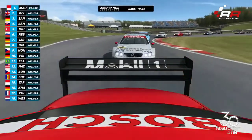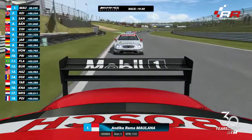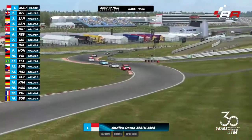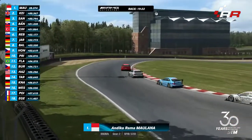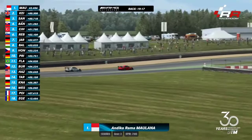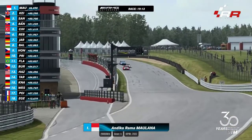Down Graham Hill and into Graham Hill Bend, now into the Cooper Straight. All of these areas of the track, they have names. It's into Surtees, it's into McLaren, through Clearways and into the Clark Curve, and before you know it, we've already ended lap 1 here. Not even a minute gone, but it's Maulana who leads from Keithley, Santos, Bunky, Sheehan, who's